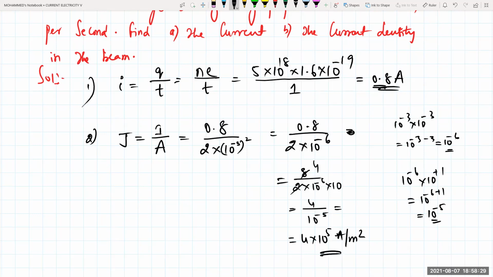Sir, now I took it as 2. I wrote it as 0.2 into 10 to the power of minus 1, sir. We can write 2 as 0.2 into 10 to the power of minus 1, right, sir? అప్పుడు ఇప్పుడు 2 డినామినేటర్ లో ఉంది, 1 by 2 into 10 to the power of minus 6 ఉంది ఇది. So what do you mean by 0.2, it will become for me 10 to the power of minus 5.